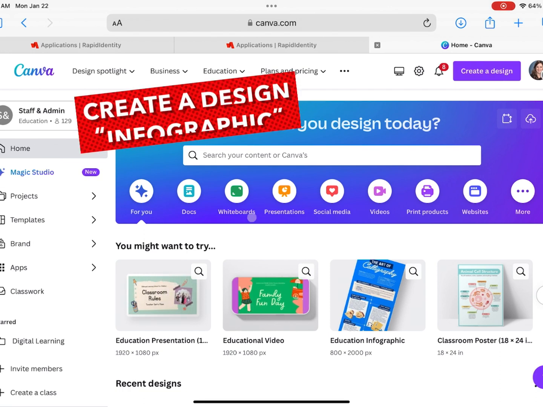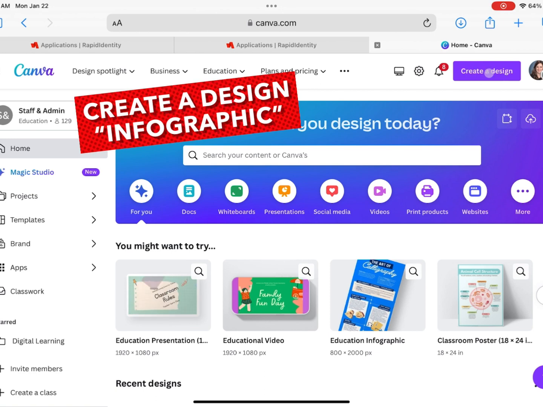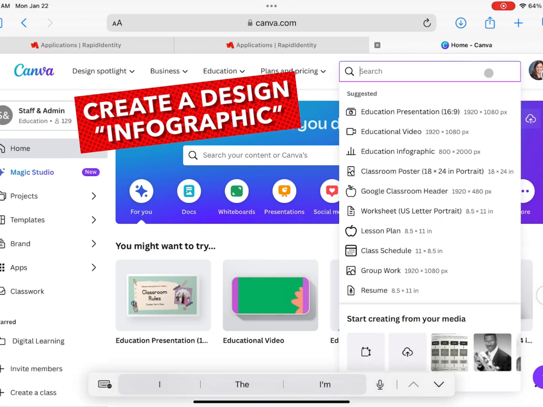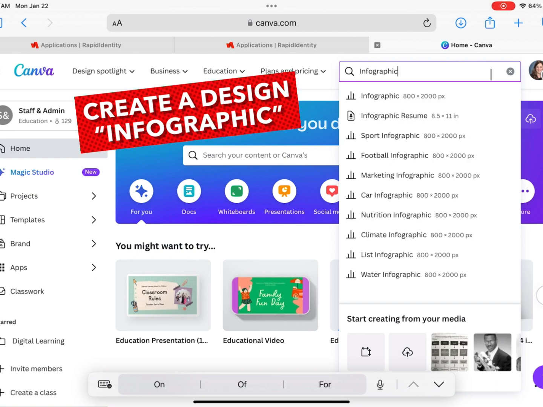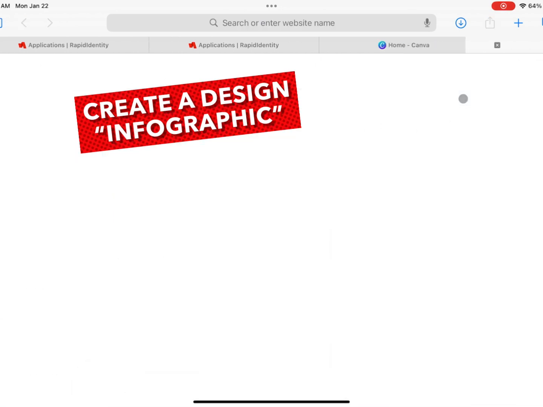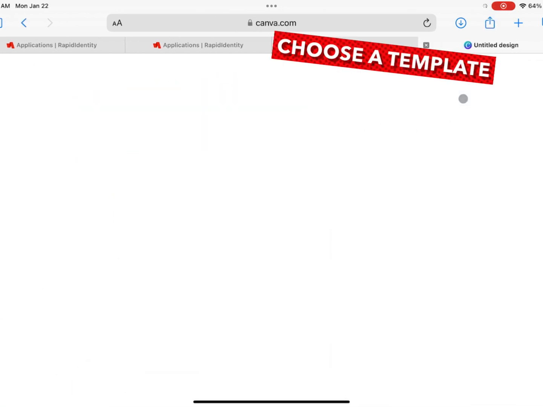The first thing we want to do is make sure that we're signed in properly, and we are going to create a design. Today, we are going to be making an infographic to share what we know. So I'm just going to pick this very first one, 800 by 2000 pixels, and it should open a nice